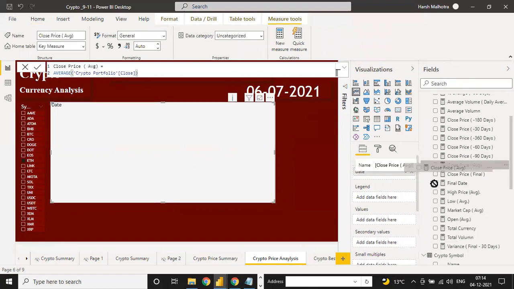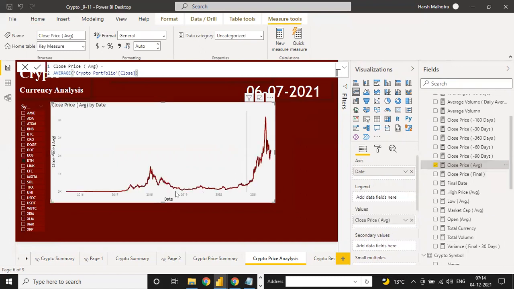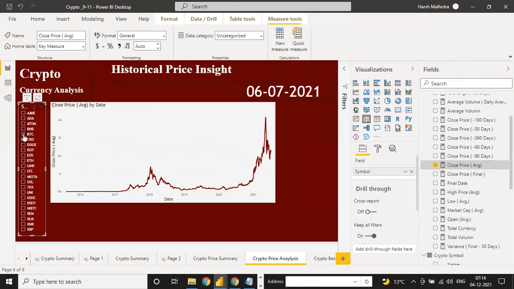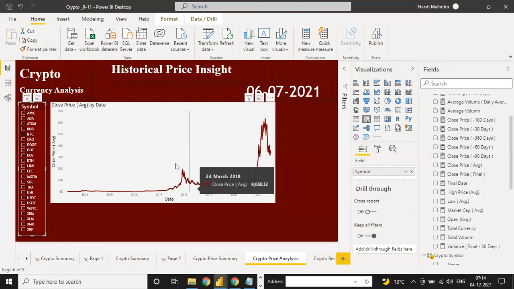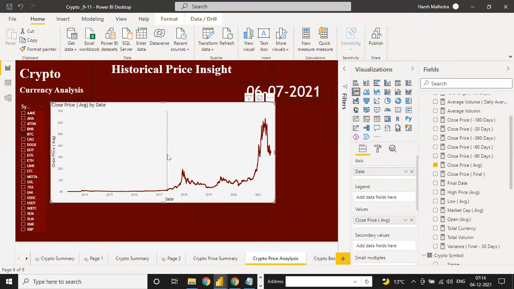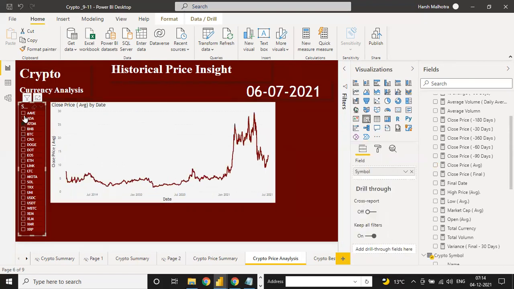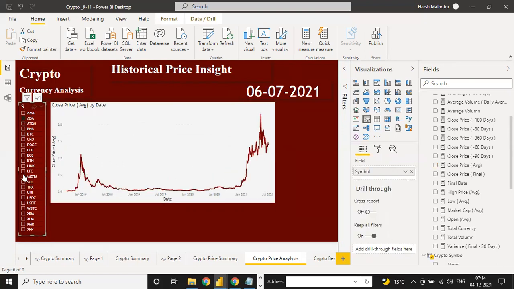Select it and put it into value, and see, the close price is here. If you click on any currency, the data should be changeable. Changeable or not? Why is it not changing? Yeah, it's changed. See, for every currency, the data is changed.